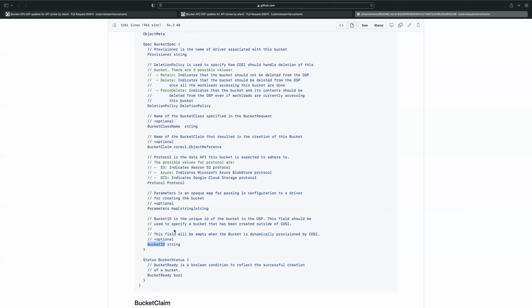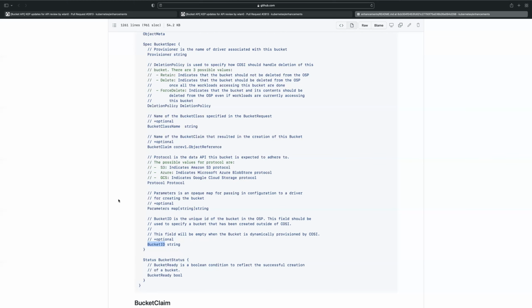Okay. So if there is an existing bucket that the admin wants to use via Cozy, they would fill in this field. But regardless of how the bucket is provisioned, either by creating a bucket claim or by the admin creating this bucket object, the status field's bucket ID will always be filled.